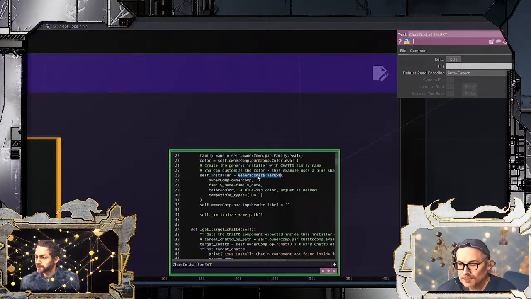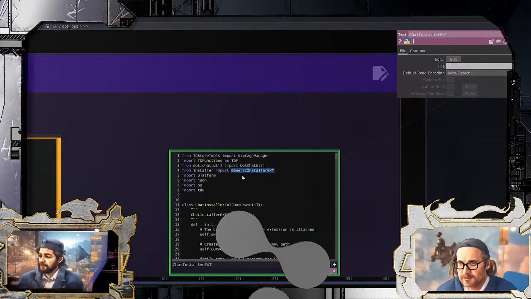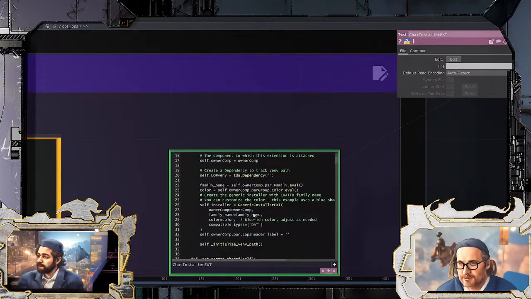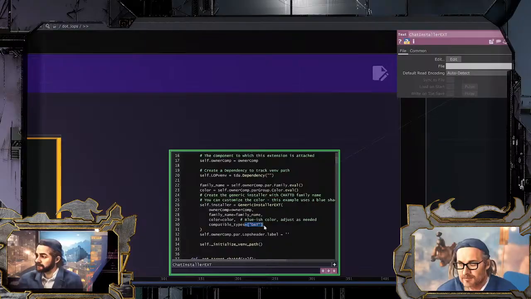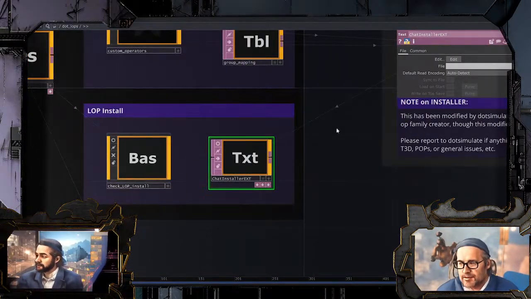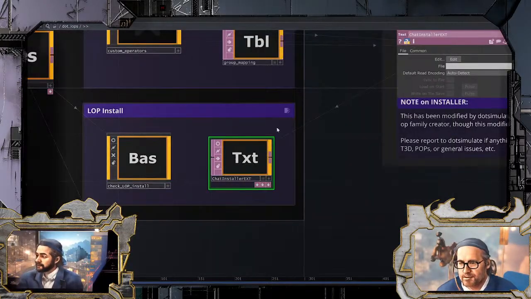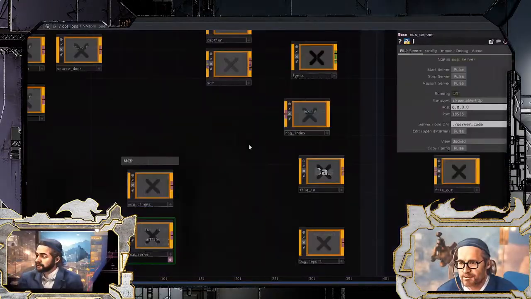Oh, yeah, I'm defining it here. I'm importing it here from installer, generic installer. And then you would instantiate that with the family, the color, and then compatible types. And then that would add a new family to here and then populate this based on everything in this custom operators folder.